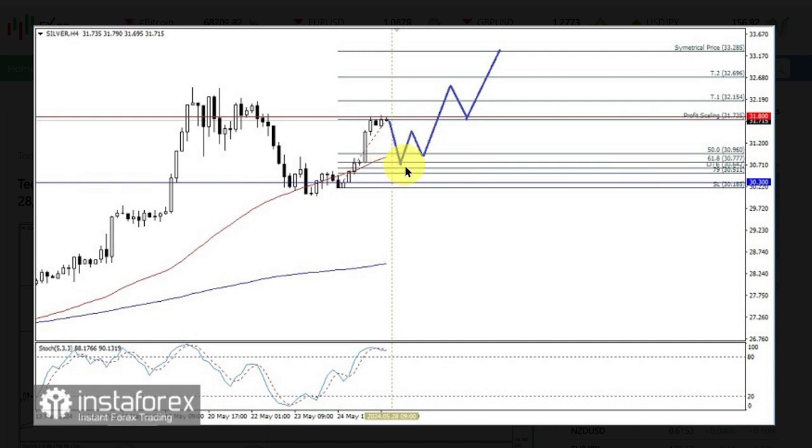But as long as this weakening correction does not break below the level of 30.18, then silver still has the potential to strengthen again to the level of 31.80. And if this level is successfully broken above, silver has the opportunity to continue its strengthening up to the level of